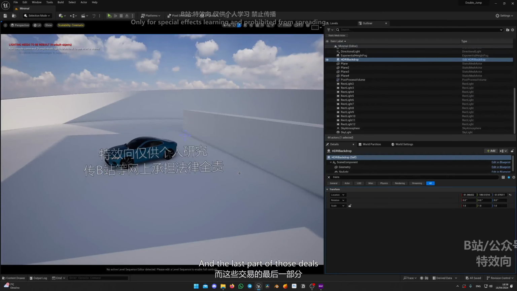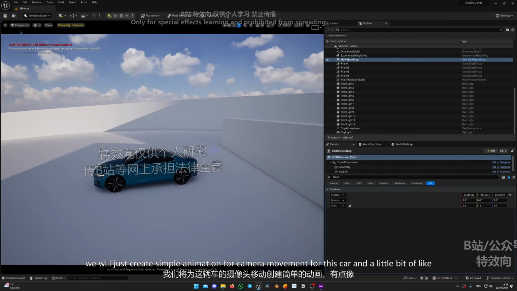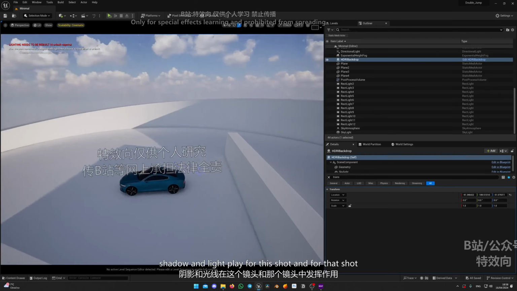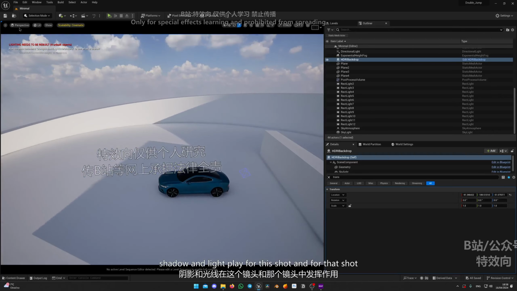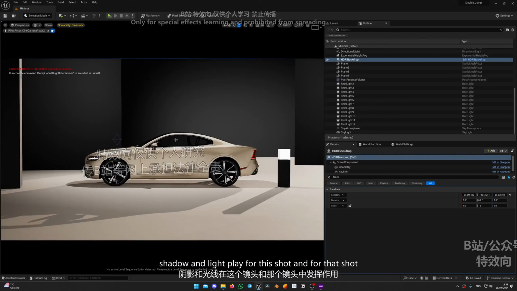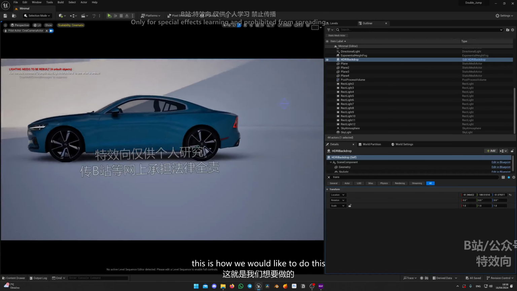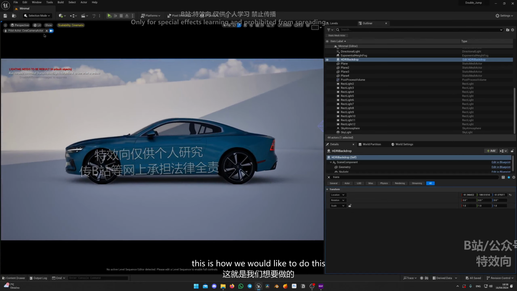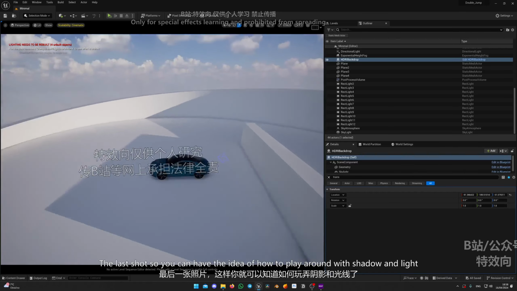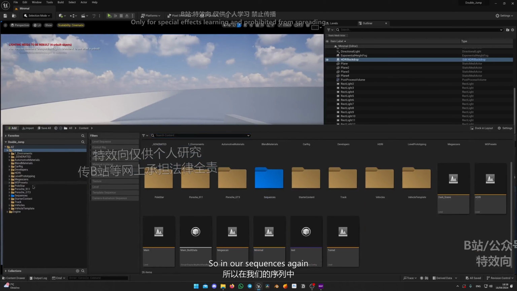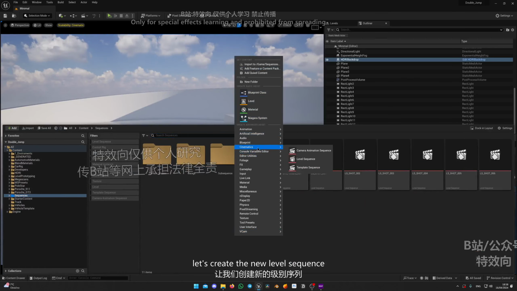And the last part of those dynamic stills, we will just create a simple animation for camera movement for this car and a little bit of shadow and light play for this shot and for that shot. So basically we'll have two of them, a little bit differently worked out, but anyway, this is how we would like to do the last shot, so you can have the idea of how to play around with shadow and light. So in our sequences again, let's create the new level sequence,